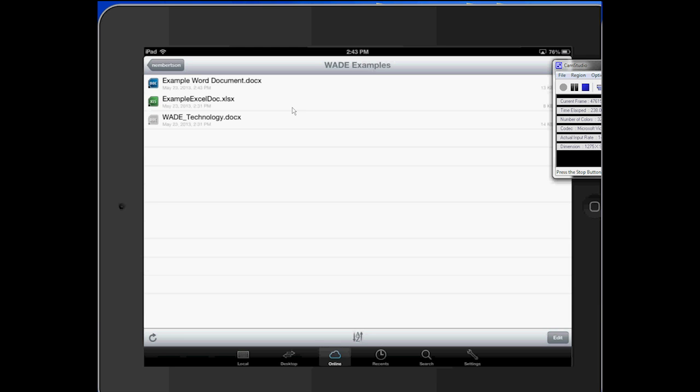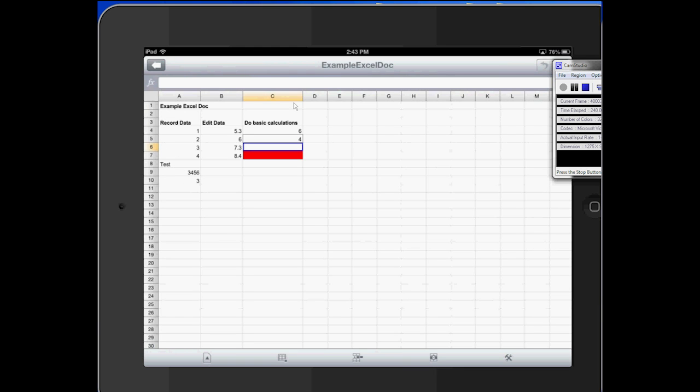If we look at an Excel file, in Excel you can do some basic calculations and various things. You don't want to create or utilize a very complicated Excel file. Oftentimes the Excel documents that are really complicated with a lot of large calculations may not open correctly or allow you to edit within here. So it's a great way to do some basic recording of data out in the field, or editing,